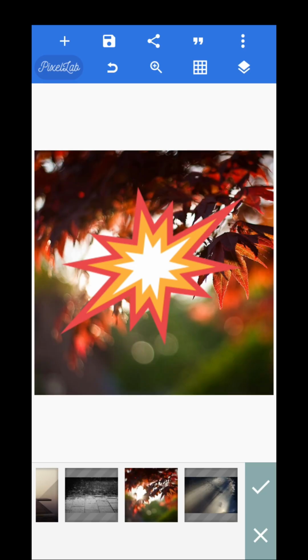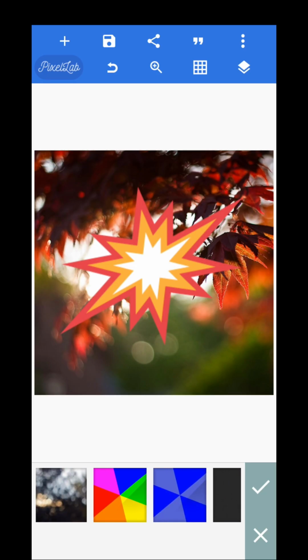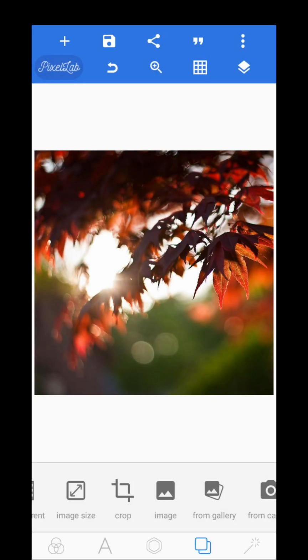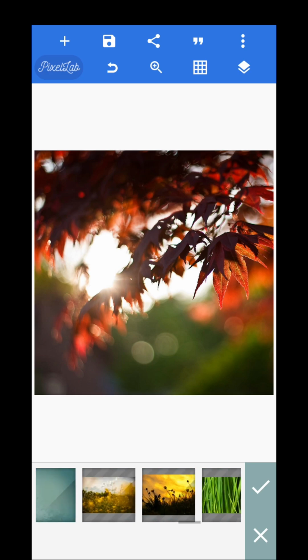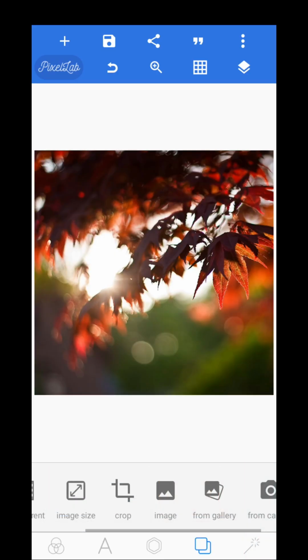If you want to use it and start your design, use it as your background. Let me delete this. If you want to use the image PixelLab came with, you can. Then if you don't want to use their own, you want to use the one you have